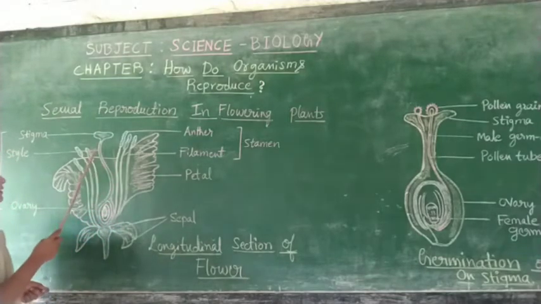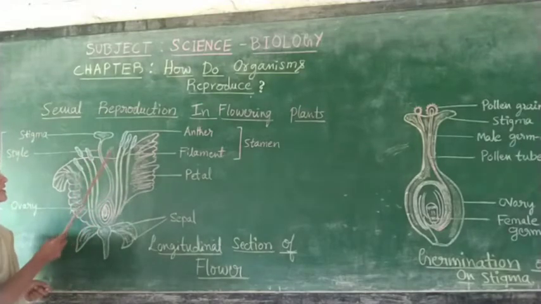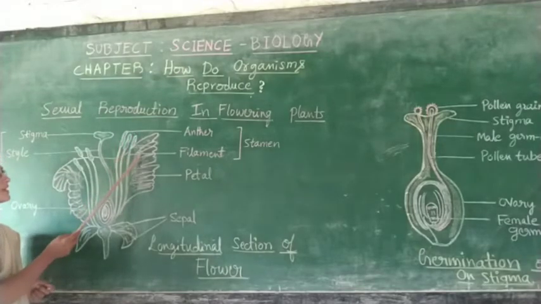Here the female part receives the pollen from the anther. The anther, after bursting out, releases the pollen. The pollen from the same flower it transfers